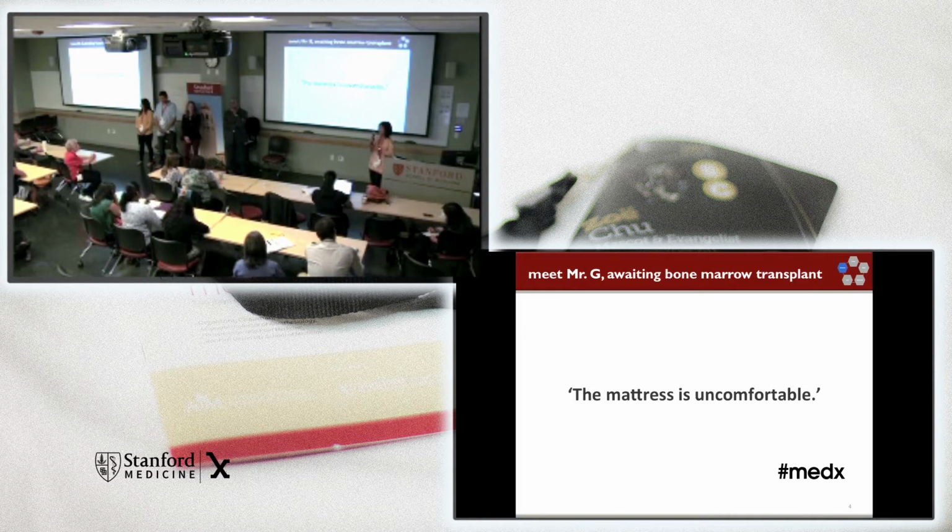So this is a composite picture of a patient, Mr. G, awaiting a bone marrow transplant. And this is a very typical comment that we get on our Press Ganey results. You know, we get complaints about the sheets, we get complaints about the food, that it's cold, it's inedible, who made that sauce anyway? And then we get things like this: the mattress sucks, it's uncomfortable. And so what we do,